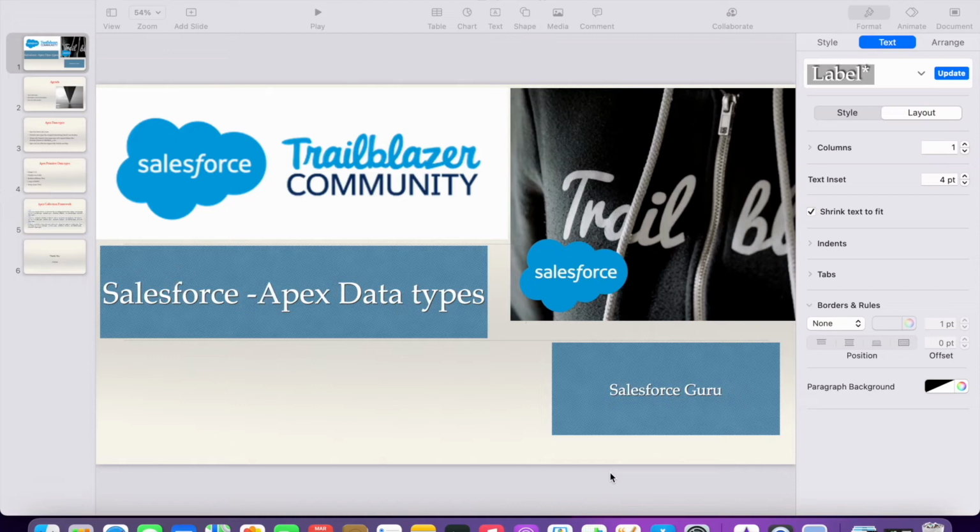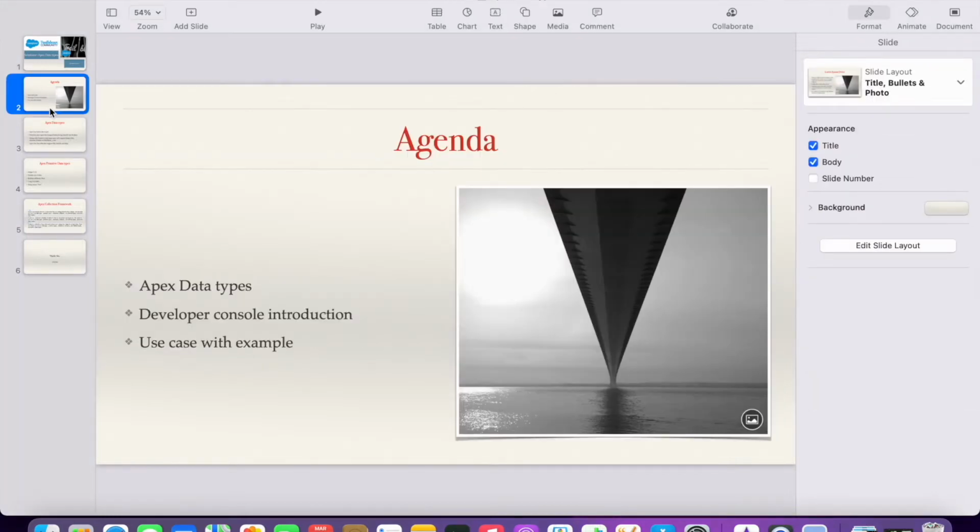In the last session, we discussed the Salesforce Apex introduction. So, what is Apex, how it will work, and when we need to use Apex. Since Apex is a big topic, I split it into different parts. In the last session, we had an introduction session, and today we are going to discuss one more important